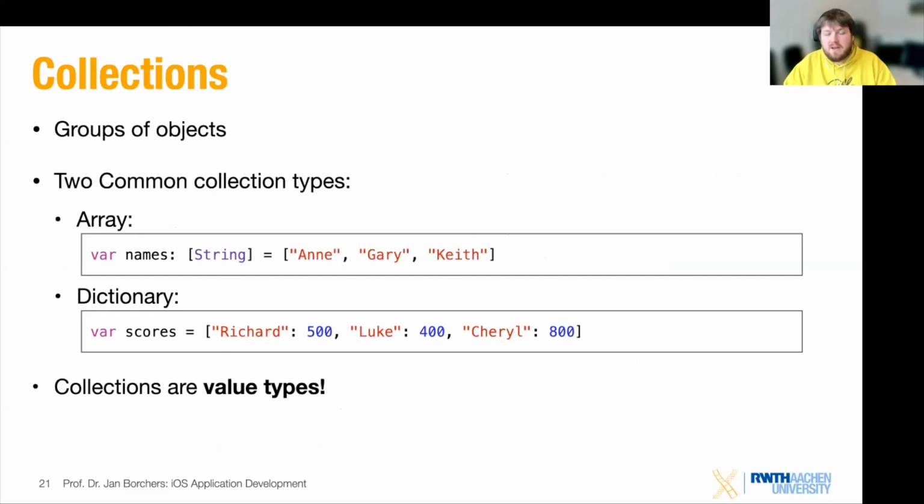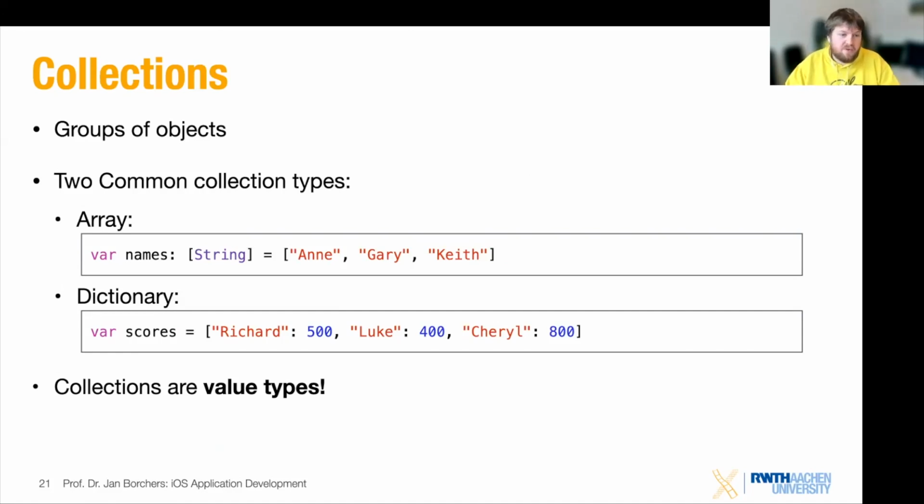And with that, we move over to collections that allow you to group certain objects together. And you're already aware probably of a couple of those. So the most common collection types are also included in Swift. And two that are very frequent are arrays and dictionaries. And they're all created also very, very similar.